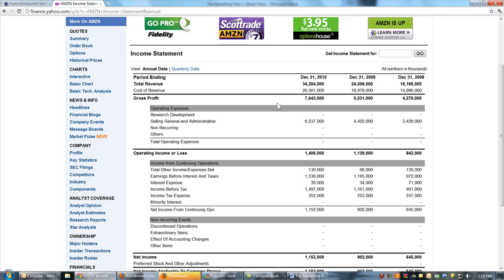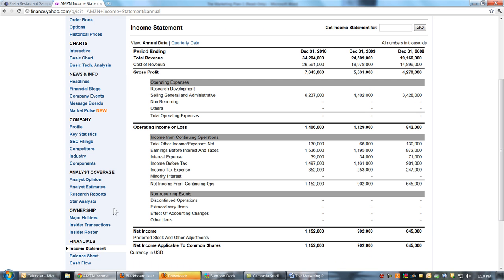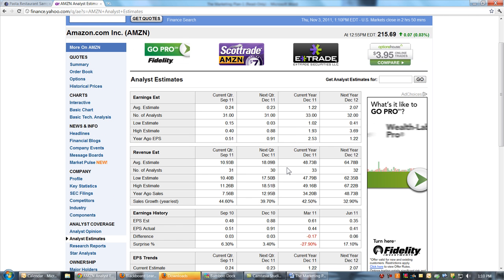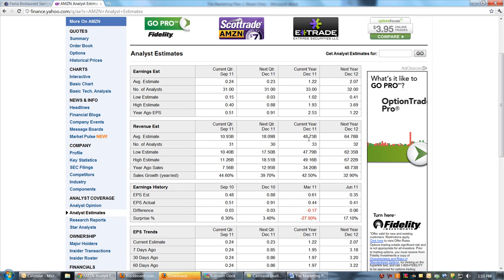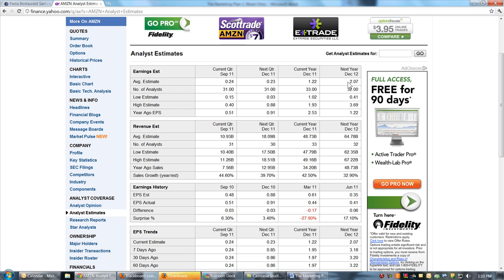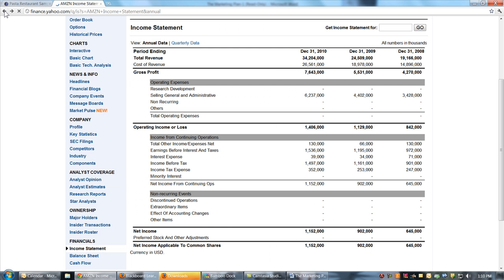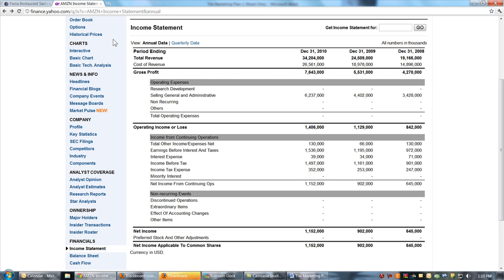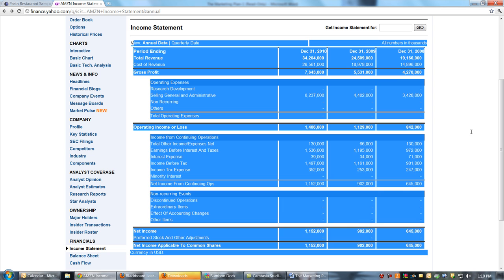This can look a little bit intimidating right now, but we have all sorts of help for us. If we notice here and we click on our analyst estimates, we'll see that our analysts have already done things like forecast revenue and earnings for us. So we'll talk about how we work our way through a forecast. We will forecast down to operating income, and we'll do that for the rest of this year, for the rest of 2011, and for 2012.